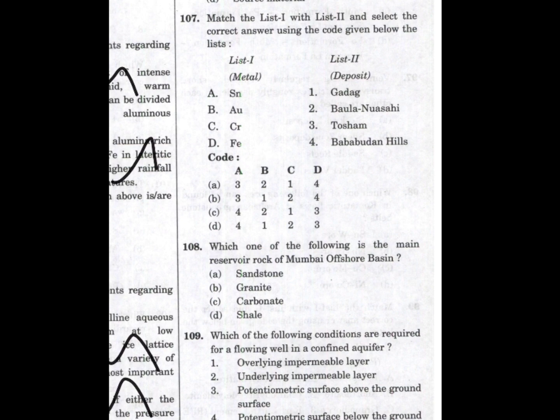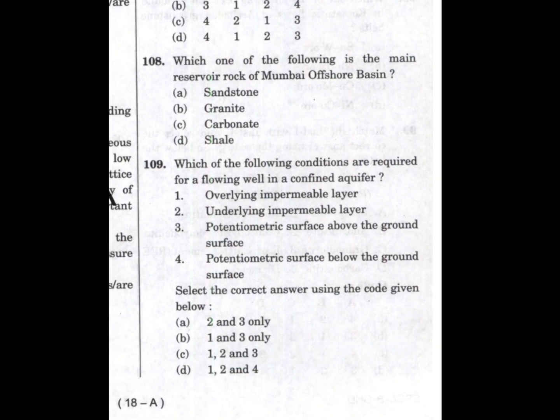We neglect this question. We move on to the next one. Which one of the following is the main reservoir of Mumbai offshore basin? Mumbai offshore basin is the Bombay Basin, a significant hydrocarbon producing region located on the western continental shelf of India. It extends from Saurashtra Basin in the northwest to the Kerala Konkan Basin in the south, covering an area of nearly 1,16,000